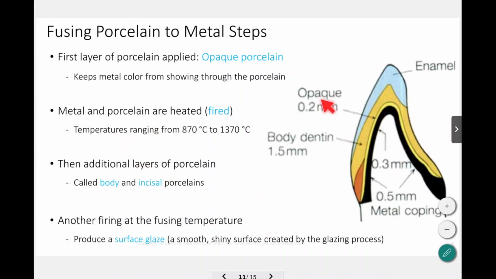And then we start adding these other layers, which are the body and the incisal edge, or sometimes they call it the enamel layer. Technically that incisal or enamel layer is a little bit more radiolucent because you can see through it just like our normal teeth. Anyway, these are the different layers that we have. And at the end, we have to glaze it, which is also firing it with a lot of temperature. This creates a shiny surface by the glazing process, and then usually they do some coloring to it. Okay,